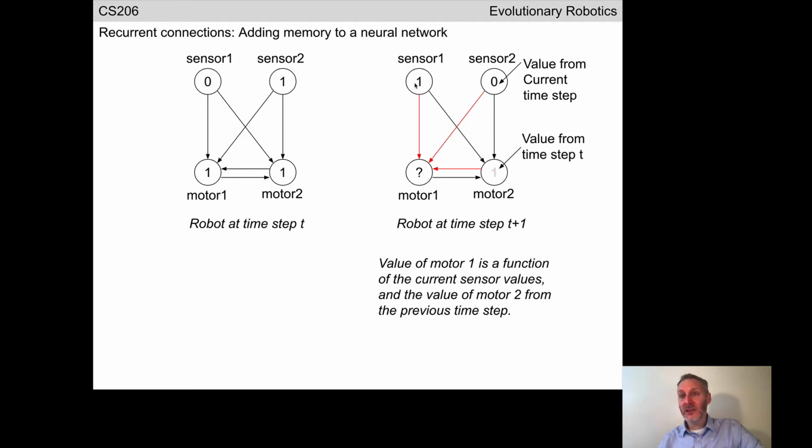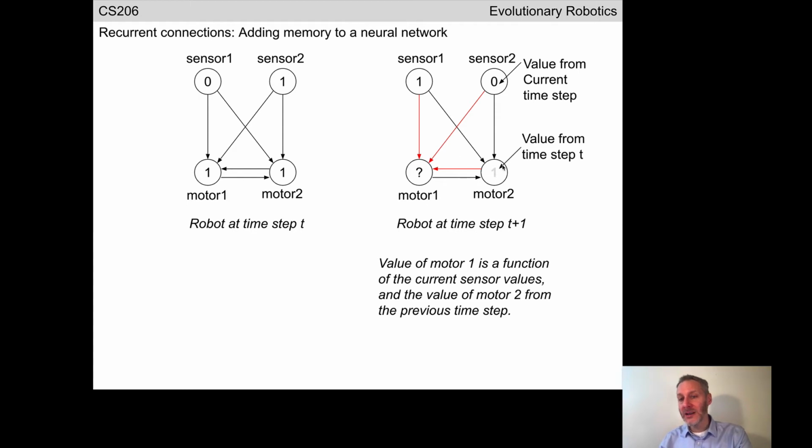Imagine that at this particular point in time, the robot is registering a value of 1 on its left sensor, sensor 1, and a value of 0 on its right sensor, sensor 2. So far so good. We take 1 times whatever the weight is here, 0 times whatever the weight is here,